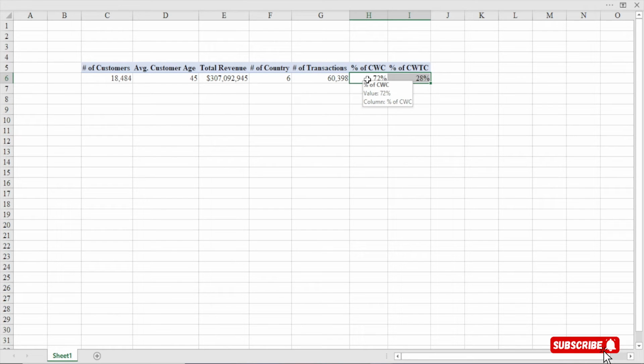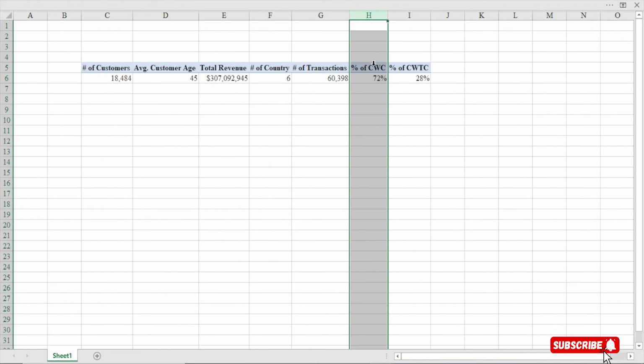All right. Now, since we have the percentage of customers that have children and the percentage of customers that do not have children, let's now find the revenue that we are getting from those customers. We are seeing that the percentage of customers that have children is 72%. Now with this 72%, let's find